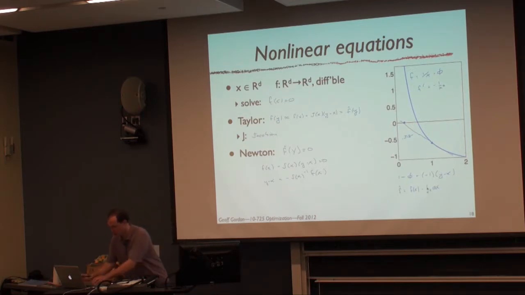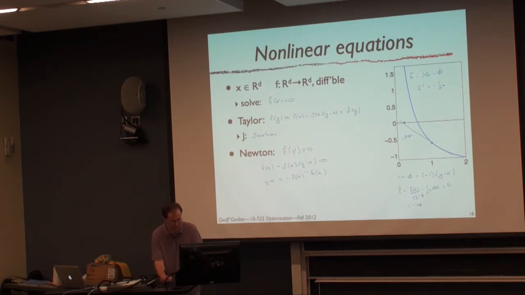And so the step is going to be, when we set that to 0, here f of x is 1 over x minus phi. And if we set that equal to 0, we can multiply through by x and say that